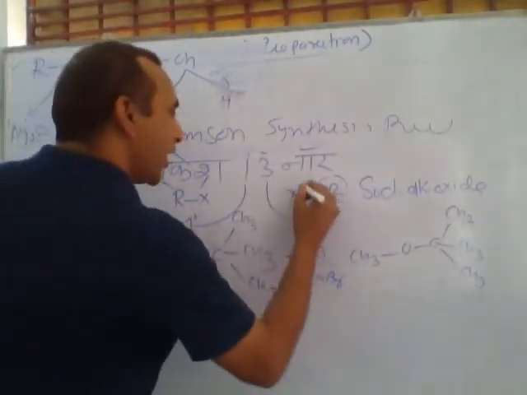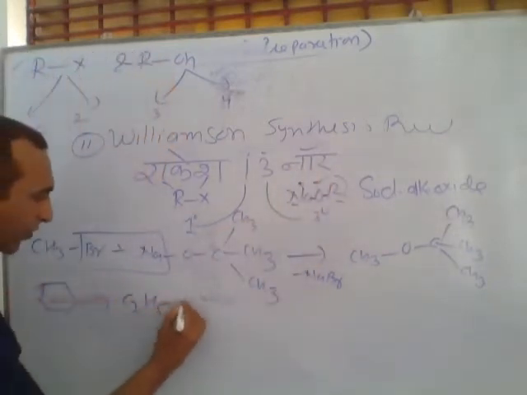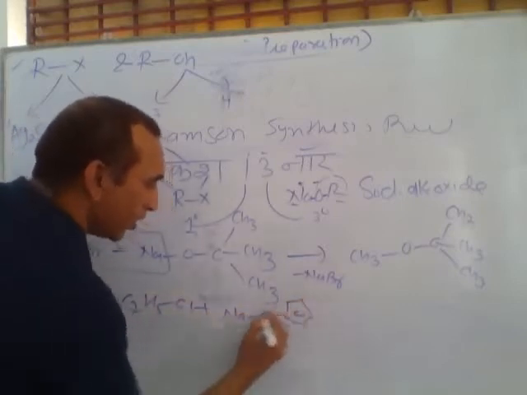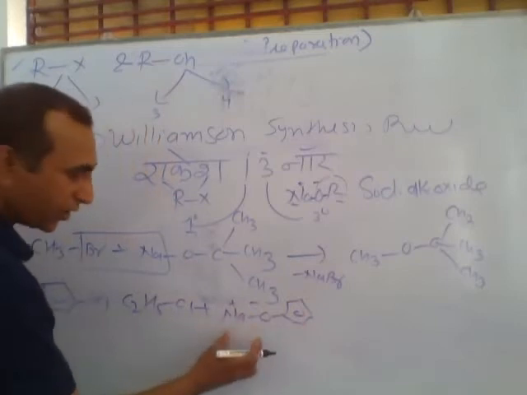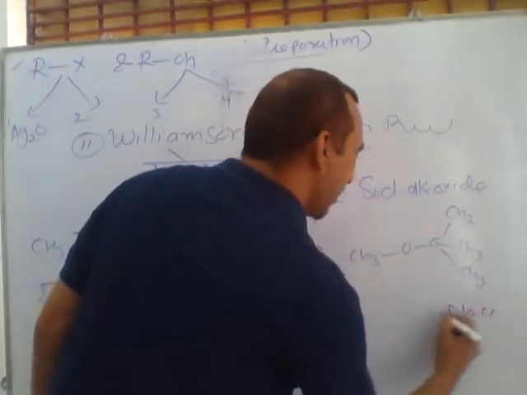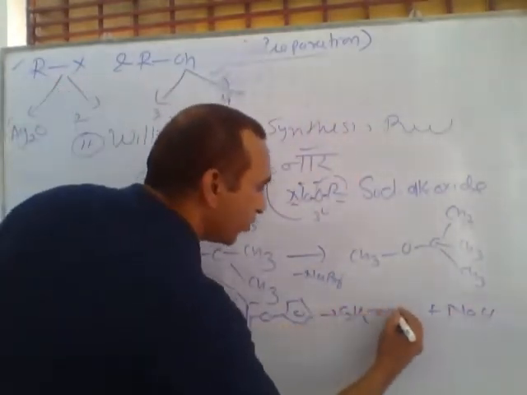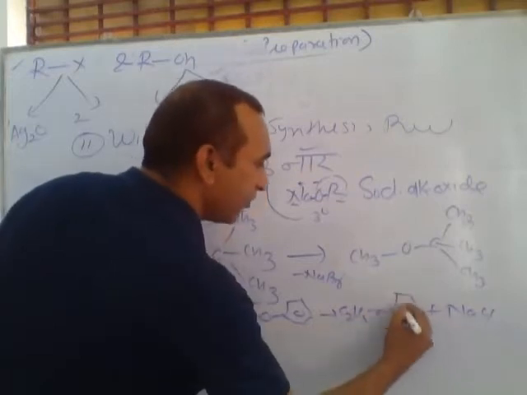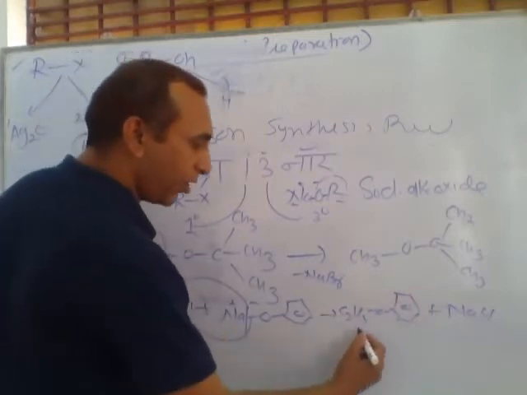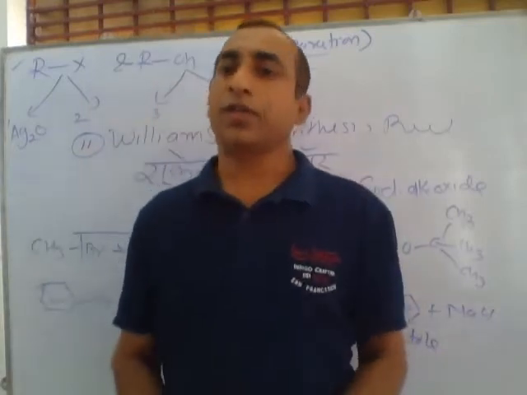Sorry, this type of bond, the Na plus and O minus bond. I am writing here: suppose this is C2H5Cl and we are using NaO with a benzene ring. This is an ionic compound and this bond easily breaks, forming NaCl, and then C2H5 is connected with O and O is connected with the ring. This compound is called ethoxybenzene, otherwise its special name is phenetole. So this is the condition.